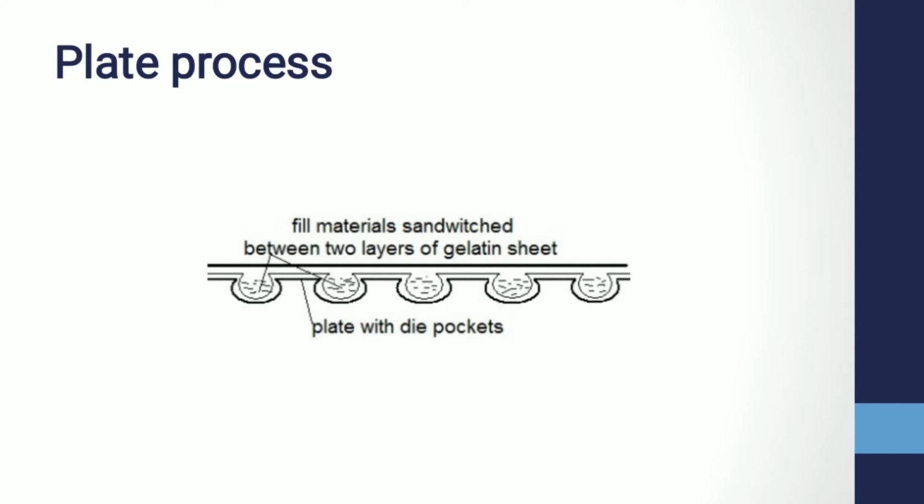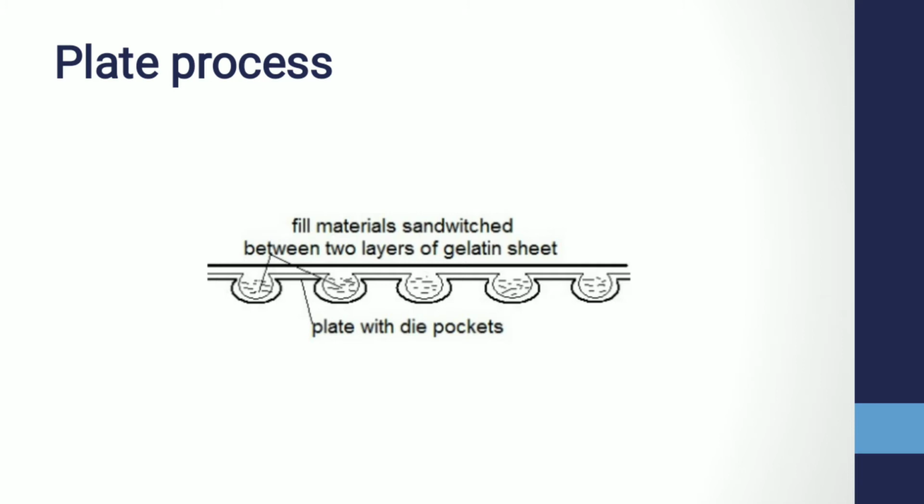we fill the pocket with liquid or paste. After that, a second sheet is carefully placed on top of the filled wall, followed by the top plate of the mold. Then pressure is applied to the plate to form a seal and cut the capsules into individual units. This method is used for small scale preparations of soft gelatin capsules, and capsules formed by this method generally have one flat side. However, the major problems with this method of manufacturing soft gelatins are lack of dosage uniformity and